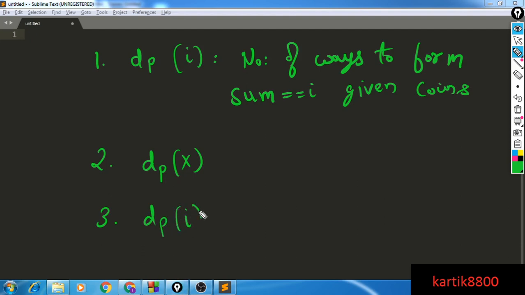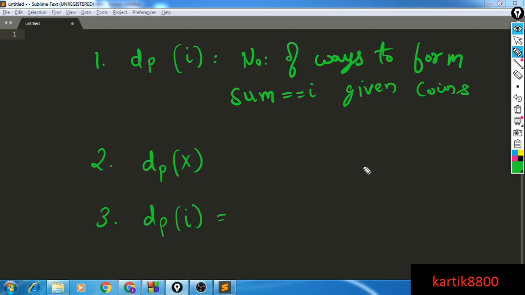So let's try to find what dp of I will be. As we discussed, to form a particular sum I, I'm going to use either my coin number 1 or coin 2 or so on till the nth coin, right? I'm going to use one of these coins as my first coin in an attempt to form the sum I. So let's say that I use the first coin, c1.